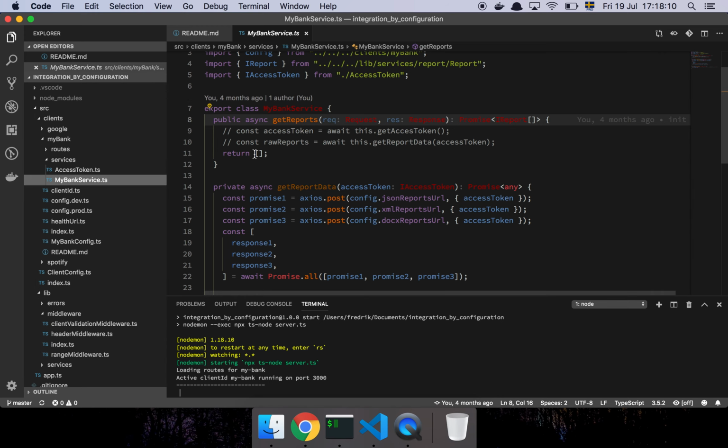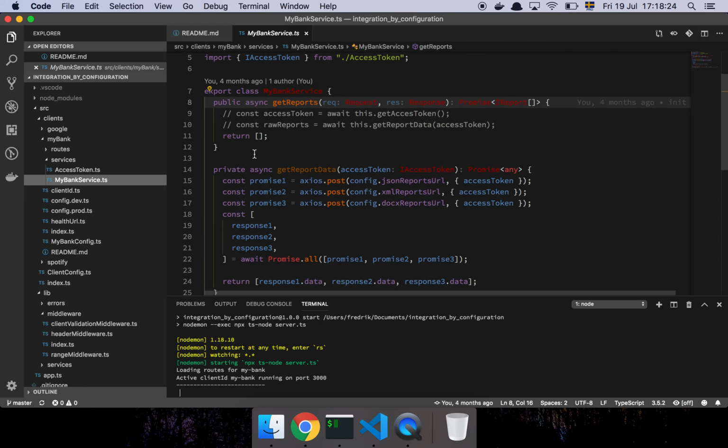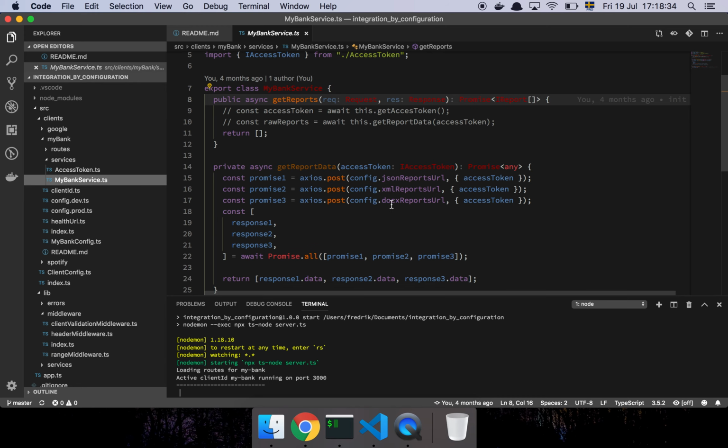I've just faked this, but this is basically the thing that I was talking about. They need us to get their reports from their system because they don't post it to us. So we need to probably run this on some type of job or something like that. But in this case, we're just going to have it on request. So they're not going to send the report to us, they're just going to post a dummy request to us, and then we're going to go and get it for them, because they have multiple reports for no reason at